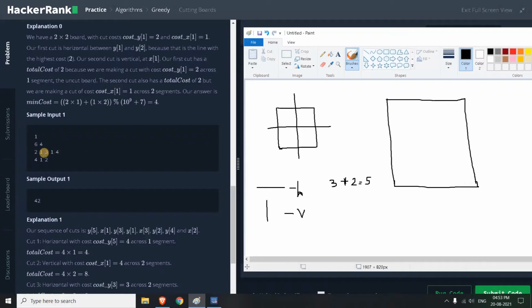First I'm just considering the horizontal one. So here we are just cutting the first row in a horizontal manner. I'm just cutting this. So this will cost 4. So 4 is added. Now we have two pieces of board here. In the vertical manner, if you cut, it will take 2 cost. After that, when you see the next higher cost, that is also 4. So we'll be passing through 2 cuts.